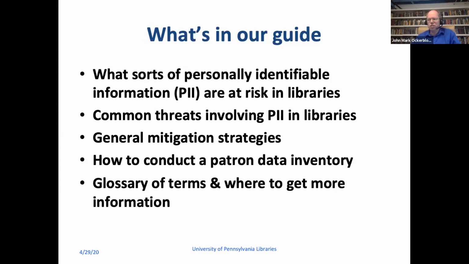First, there's a part that describes the more common sorts of personally identifiable information that exists in library-built systems. That's both, as I say, who you are, what you do, and so on. There's a section then involving some of the more common threats involving that data, it describes that. And that's followed by a section talking about some general ways to reduce the likelihood or the severity of those